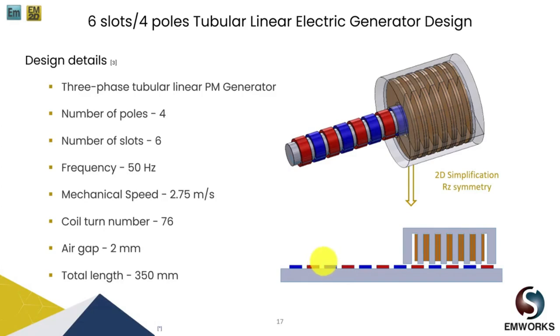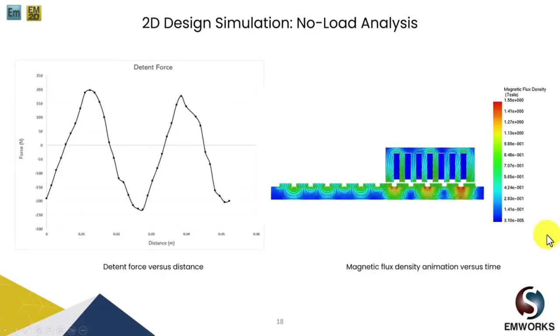Also, we'll be using our EMWorks 2D software, therefore we have simplified our 3D model into its planar symmetry, as you can see on the right hand side. So to begin with, we'll perform its no-load analysis in the 2D software, and we get a detent force of around 200 Newton. And also similarly you can see its magnetic flux density plot, which helps a lot in determining the flux path and how the rotor and the stator are behaving and where the part is saturating, and you can design the shape of your tooth and notches accordingly to avoid saturations